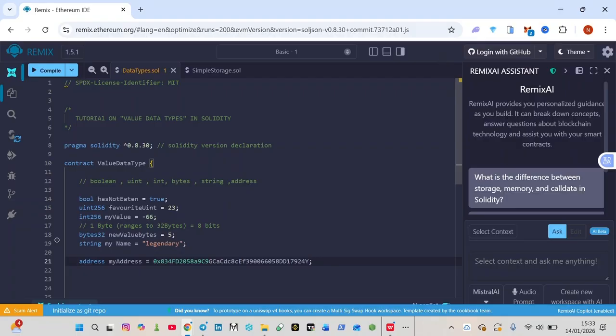The address is a 20 byte value, and it's used to store Ethereum addresses. Your Ethereum addresses are 20 byte values, and these are some of the most used value data types in Solidity. You'll be working most often with them, and